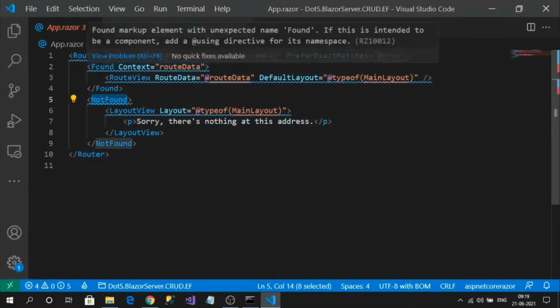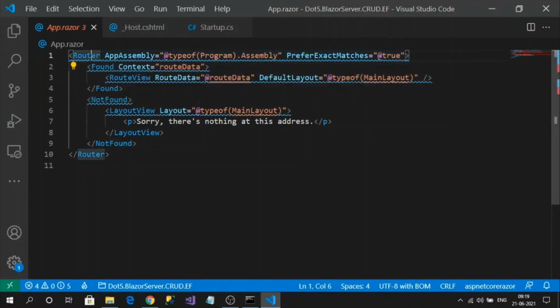If the user sent a route and it is found, it will go here. If no route is found, it simply displays a message here. There are some default components: NotFound is one default component, Found is one default component, and RouteView is another default component. That's how a Blazor Server component gets executed.